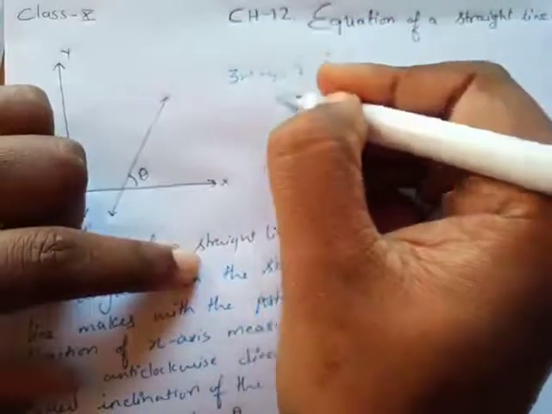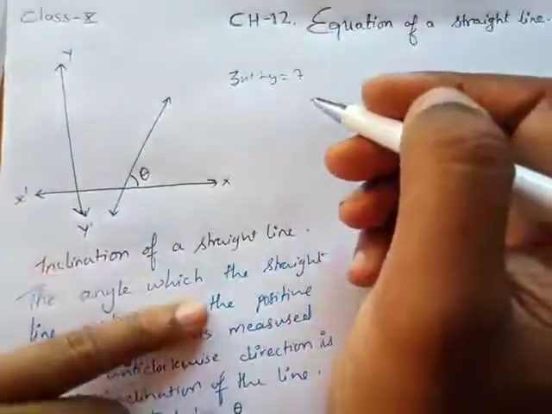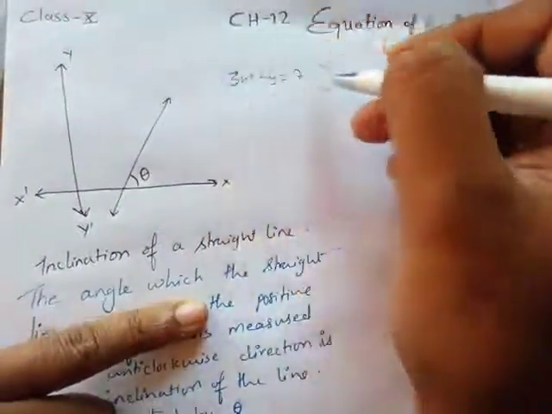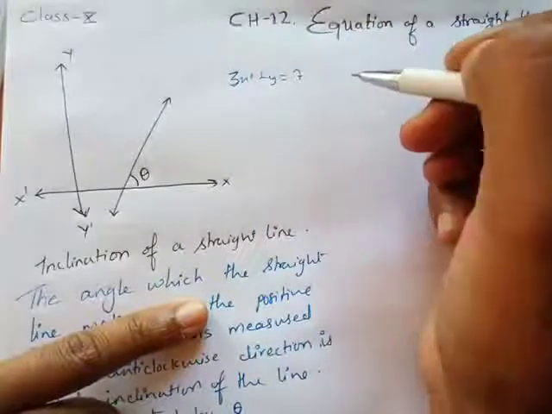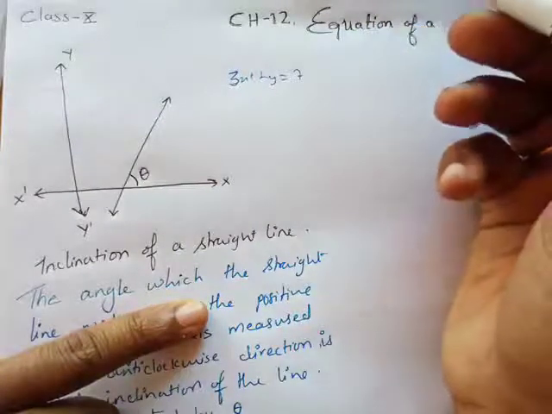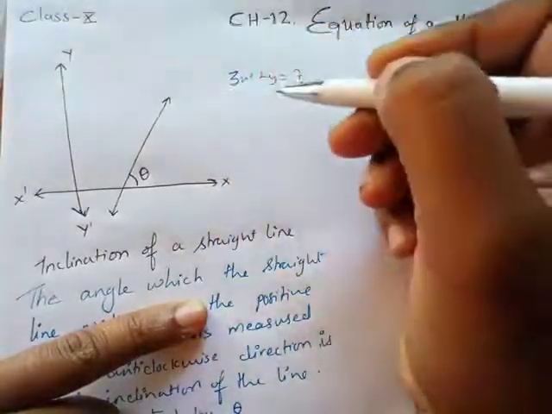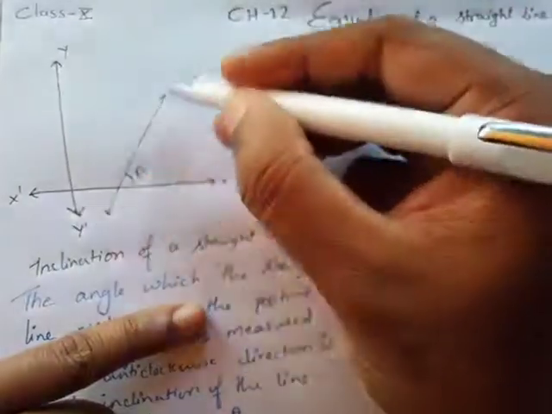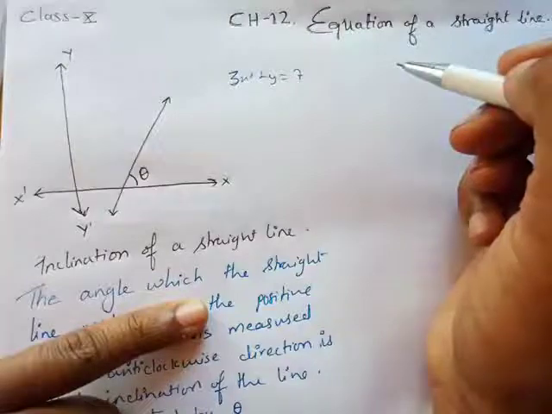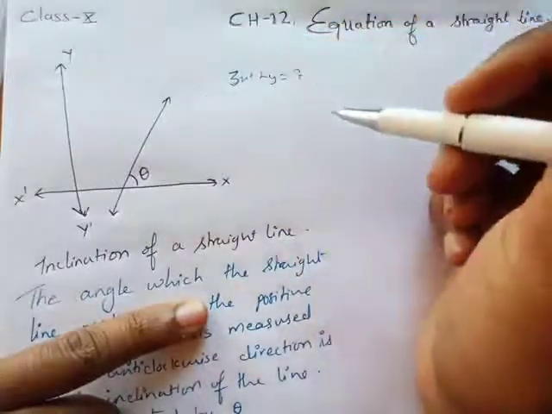If you have to plot this on the graph, you know how to do it. Take x equals to 1 and then the value of y will come. Make a table and plot this on the graph. But in this we will have a line, but then we will learn how to make an equation out of it. We have done the vice versa of this: we were getting an equation and we were making a line out of it. In this chapter, chapter number 12, a line will be given and we'll be making an equation out of it.